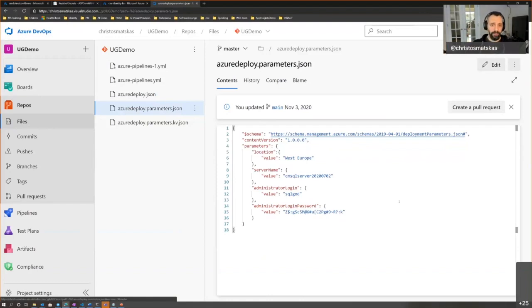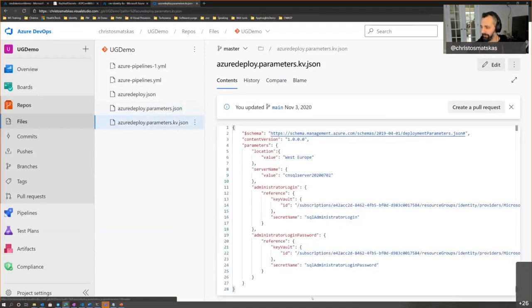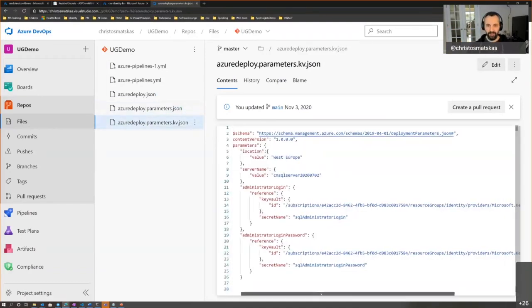Now, I don't want to see you ever doing this. What I want to see from you guys doing is this, using Key Vault. Check this out. I can actually say at deployment time, go and grab my secrets from Key Vault, populate my parameters, and then pass these parameters into my ARM template to make it happen. And that means that I don't have to worry about that. Again, we're using the same kind of secrets.